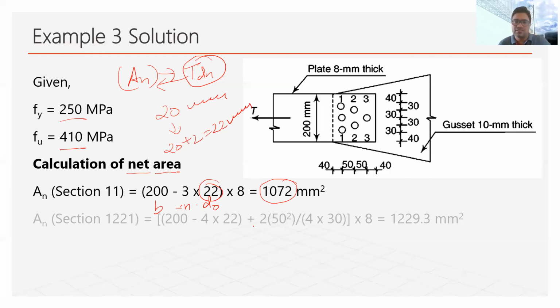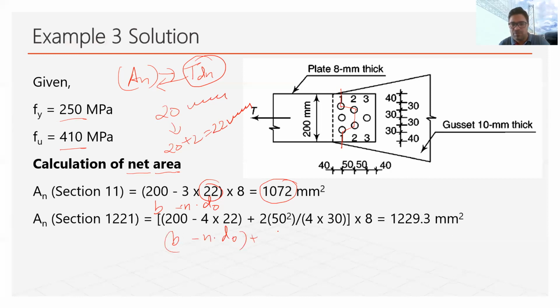Similarly, if we consider path 1-2-2-1, which is this and this, we are considering that the plate may fail along this path 1-2-2-1. In that case, how do we find out the net effective area? So this will be B minus N into D naught